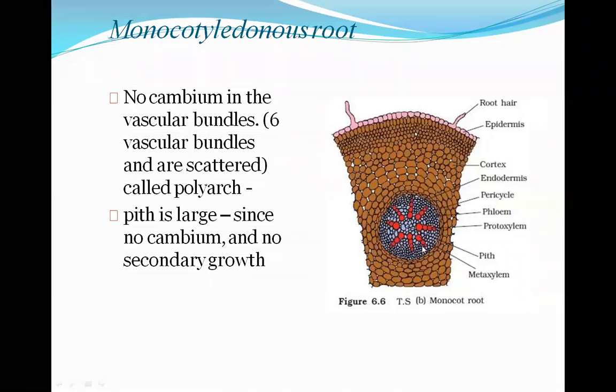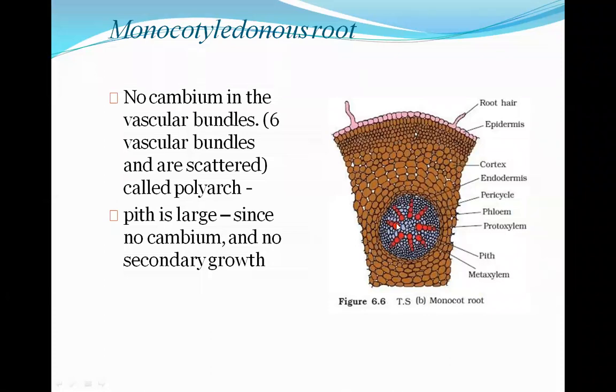Then there is the presence of the pericycle. Inside it is the vascular bundle, which is present in a circular shape, and it contains two types of tissues. The first is the xylem and the second one is the phloem. There is the presence of the protoxylem as well as the metaxylem. In the center portion there is the pith, and the pith is going to be a large one,